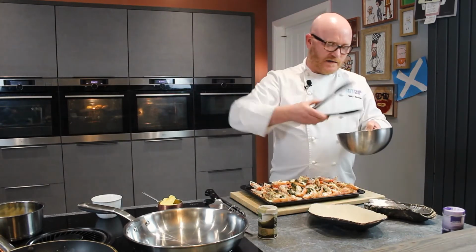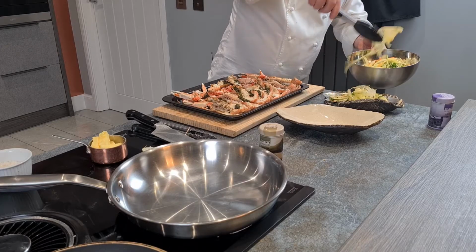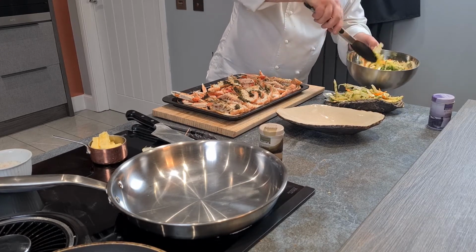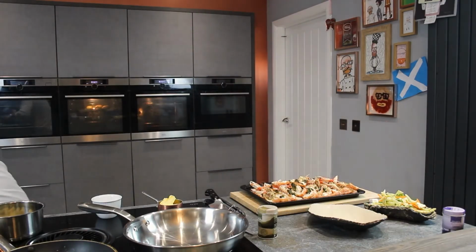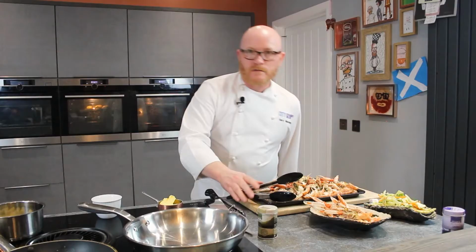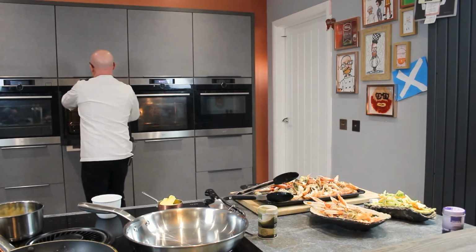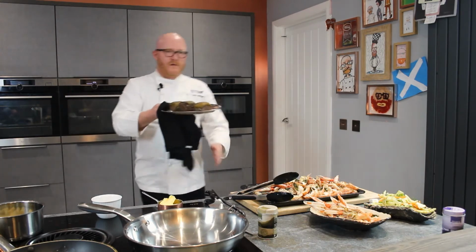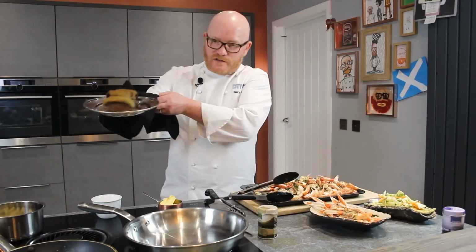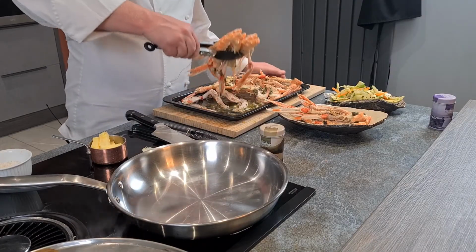So we're going to take a little bit of our salad. Pop that in there, super simple. And then we're going to take, oh, and there's my venison. Let me get my venison. And there we have our venison, lovely golden crust. So we'll just pop that there for now, and we need to let that rest before we cut it,